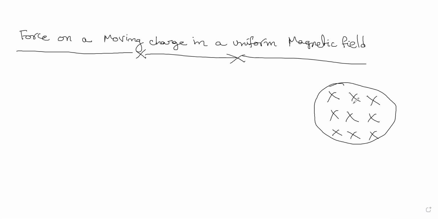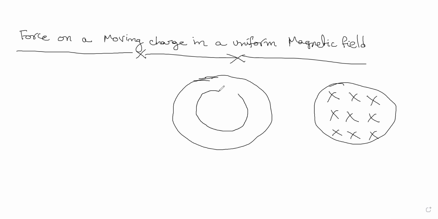Now the scenario is that there is a charge. I will not mark like this. You can mark like this also. This is a region where the magnetic field is there. Imagine a charge is circulating like this. A charge of minus q is circulating like this. And here if I put dots, that means the field is coming out. You can assume any kind of situation, doesn't matter. Now if q is moving like this,